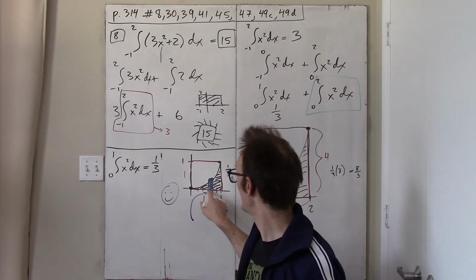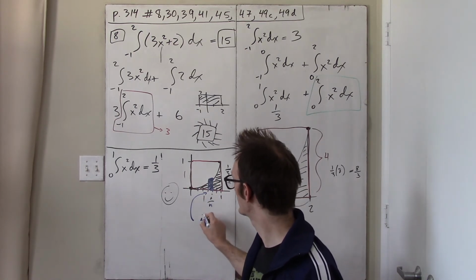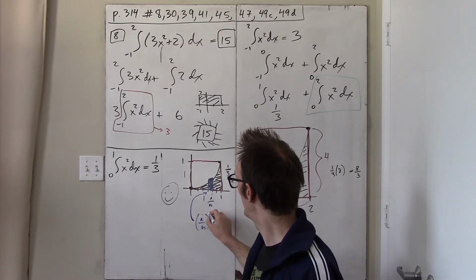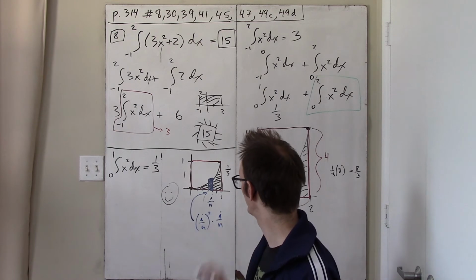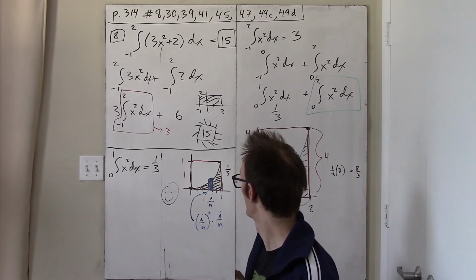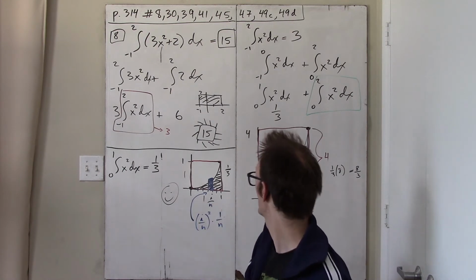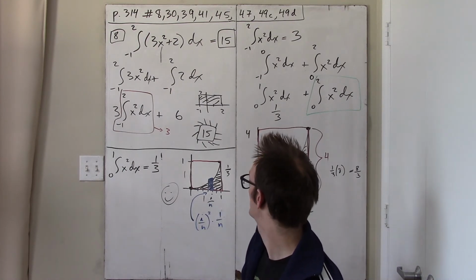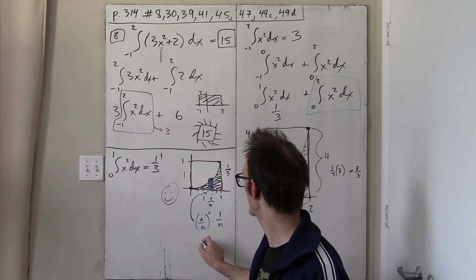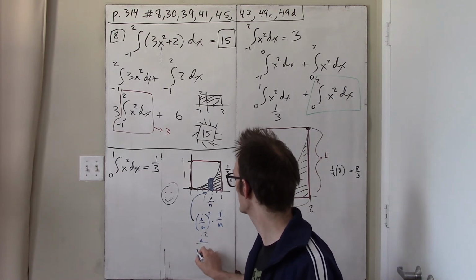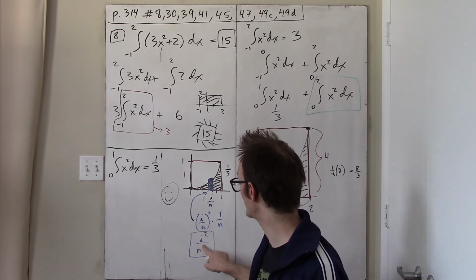Well, the area of that little tiny rectangle is going to be the height, which is i over n squared, times the width, which is, sorry, 1 over n. And so I get i squared over n cubed. I think this is what I want to do. That is the area of the ith rectangle